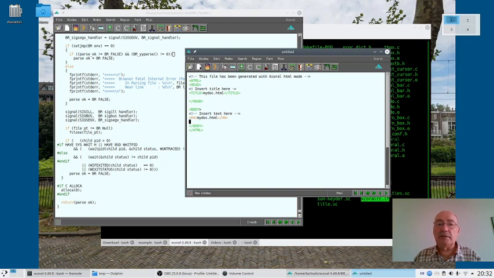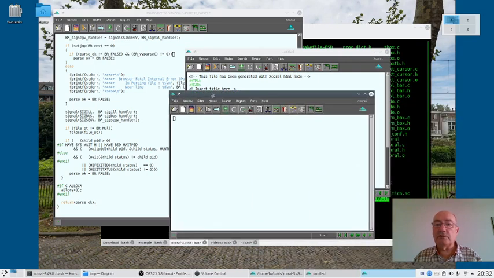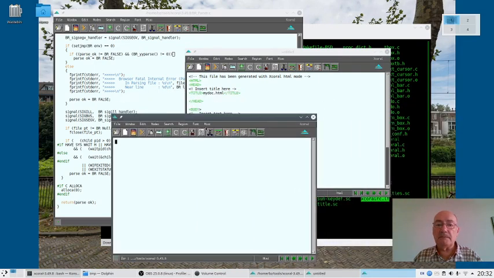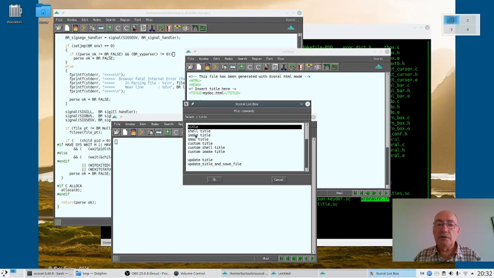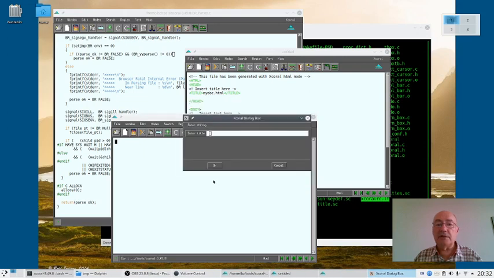We can do another little example by opening another window. We go back to MISC and we go to MISC command. We create a title this time.